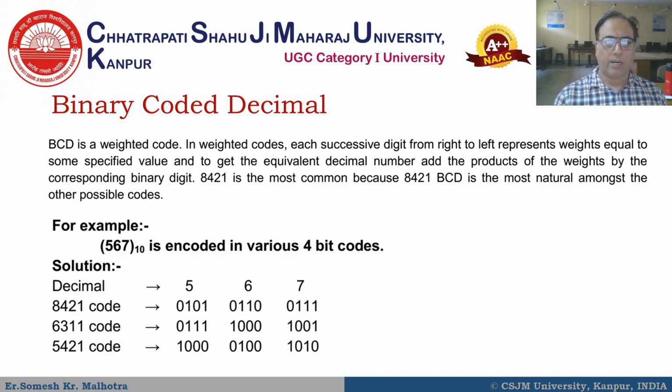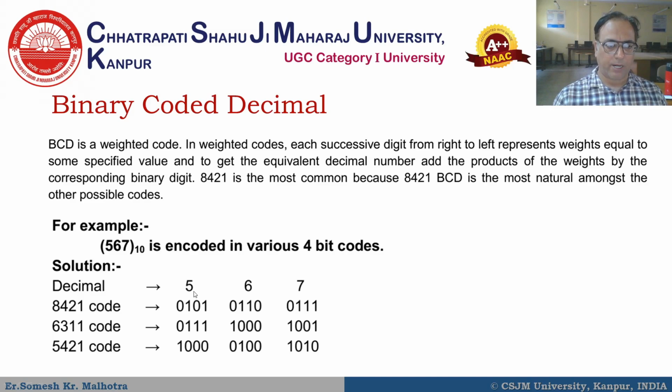BCD is a weighted code. In a weighted code, each successive digit from right to left represents a weight equal to the specified value, and to get the equivalent decimal number, add the product of the weight by the corresponding binary digit. For BCD, 8421 is the most common technique that we use. Let us understand with an example. For example, if we have the decimal number 567, and I have to code it in BCD, especially 8421,